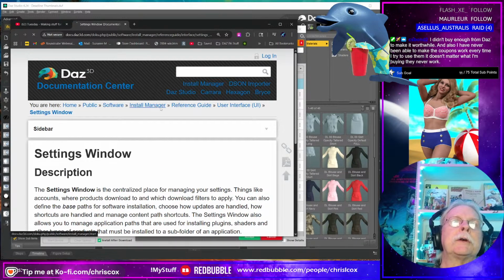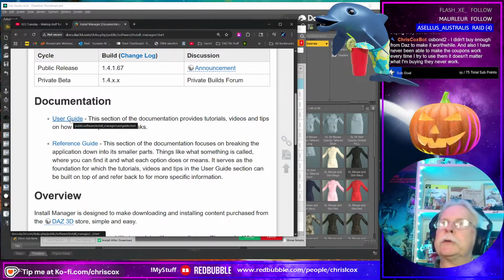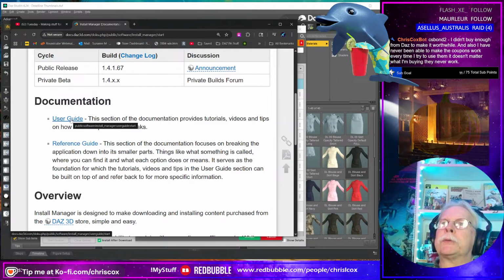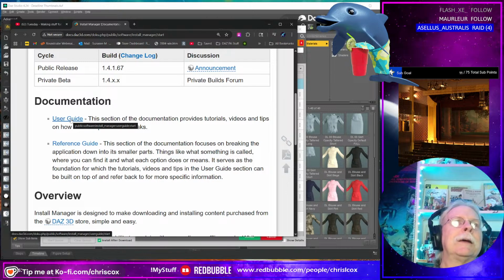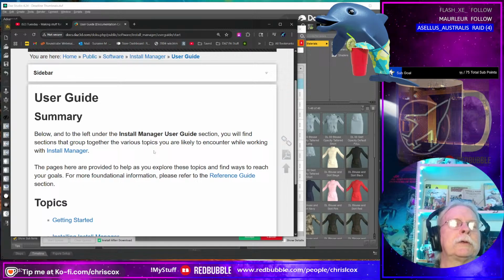Install manager, documentation, user guide. You don't buy enough from Daz to make it worthwhile. Yeah. And you've never been able to make the coupons work. They still do coupons? Dang, I keep forgetting. I totally have not used those in a long time.